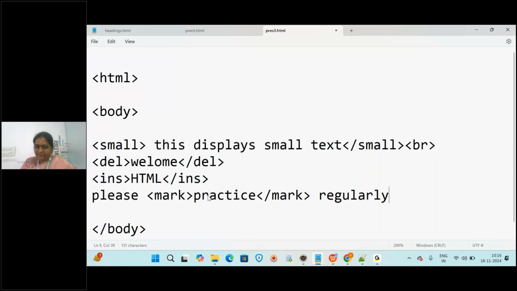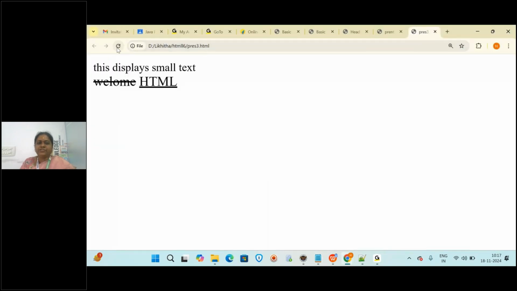Okay, so I'm going to save this again because we have already saved. Go back to the browser, and after this I'm going to give the BR tag to come into the new line, save this, and then refresh the page. So, what did you observe? Whatever we wrote in between the mark tag, it is highlighted. In a complete page, you will have some important points, right? So whatever you write in between the mark tag is considered as what? Important. So it is highlighted with, by default, a yellow color in the background.